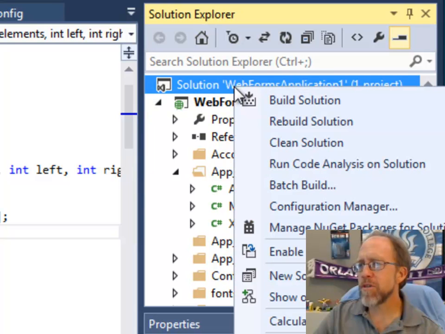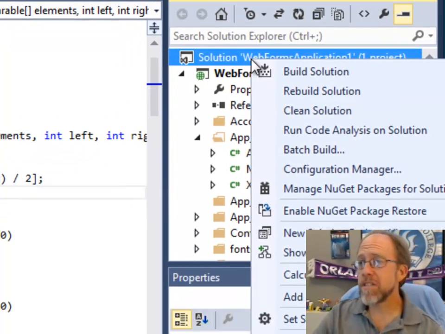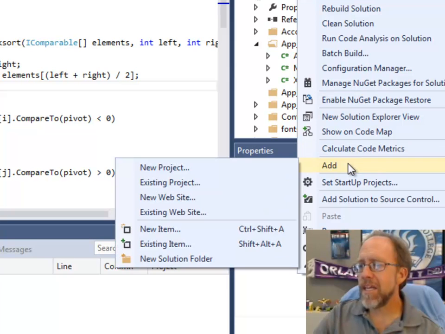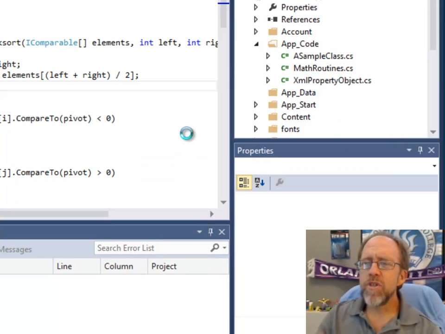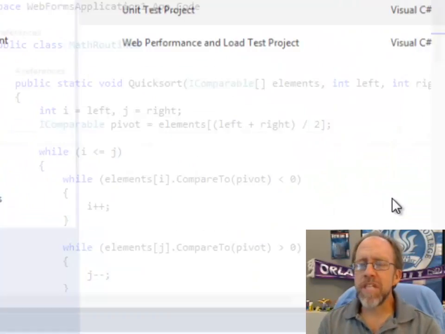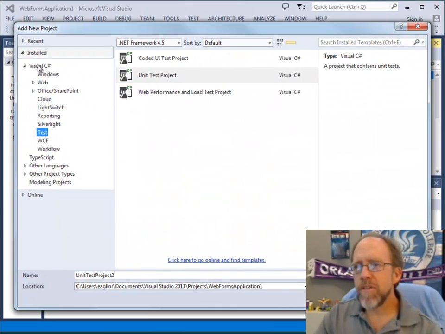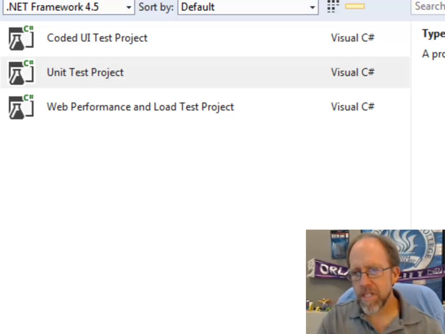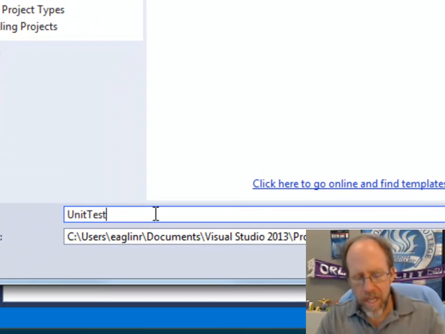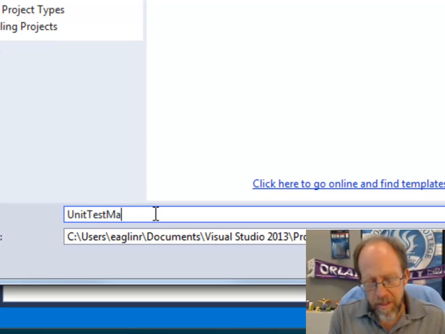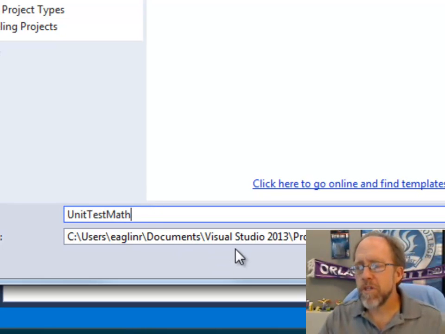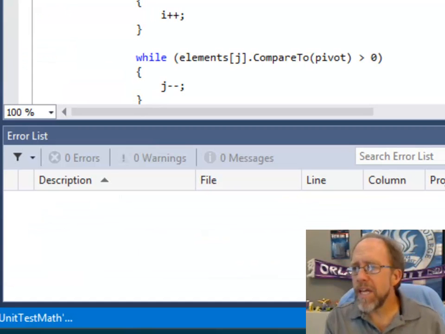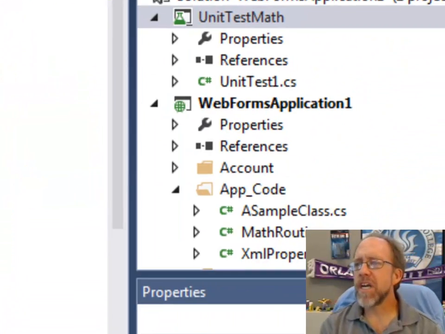To do that, I'm just going to go up here to the solution. I've got one project in the solution, and I'm going to go ahead and add a new project. This new project is going to be an actual test project. If you look in Visual Studio here, you'll see that you have Test, and I'm going to pick a unit test project, and I'm going to call this UnitTestMath, because I have some math routines in here that I want to test, and I can make these kind of reusable. So I'm going to click OK, and it's going to build another project